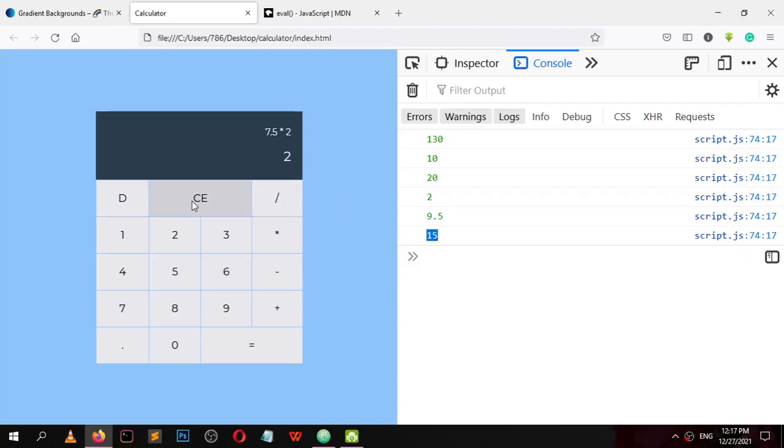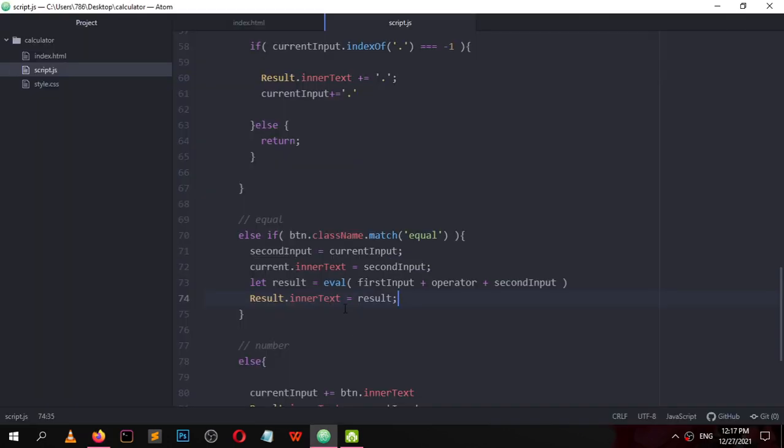Everything is done. 2 into 2 equal 4. It shows here but doesn't update here. Result dot inner text, it is not updating here. Why is it not updating the result? Am I missing something?